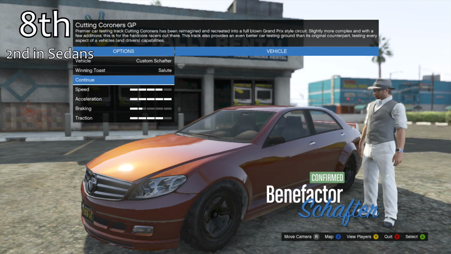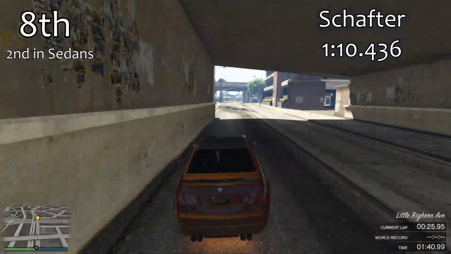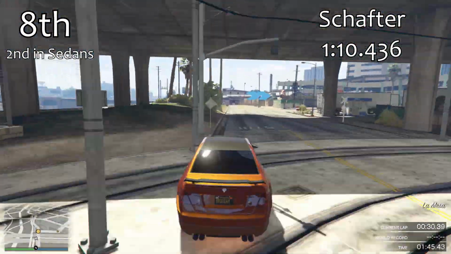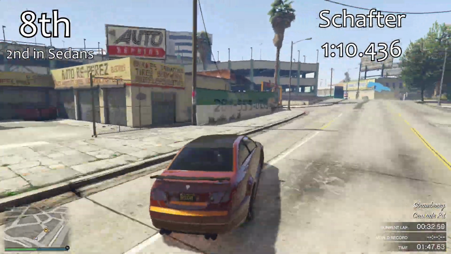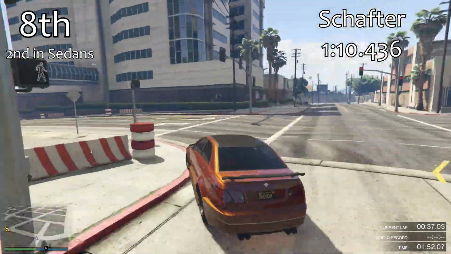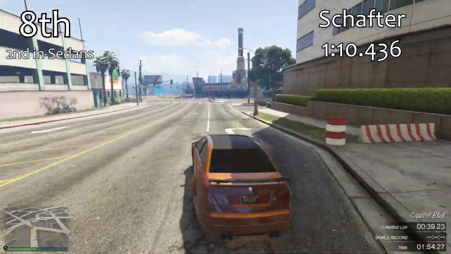Now in 8th place we've got the Shafter. Quite a difficult one to find on the street, so it's probably easier to just buy it. But yeah, the Shafter with a 110.4 is the second best sedan in the game, but don't let that position fool you really, because the Shafter is way off the pace of the best sedan in the game,